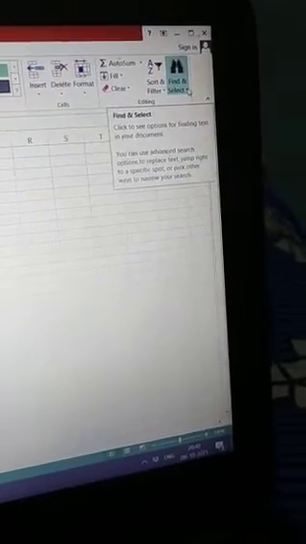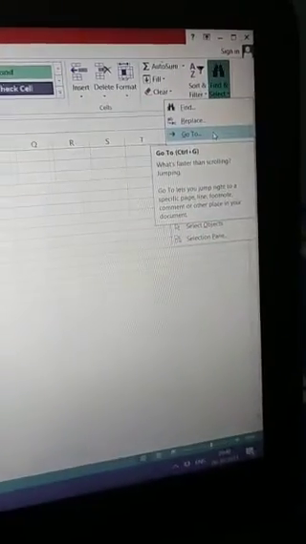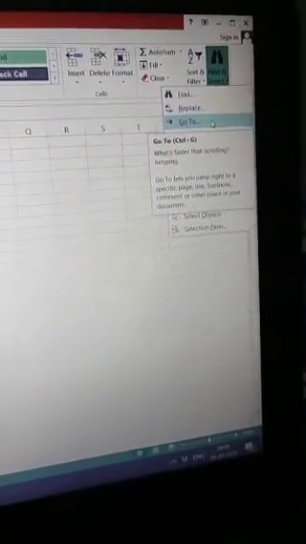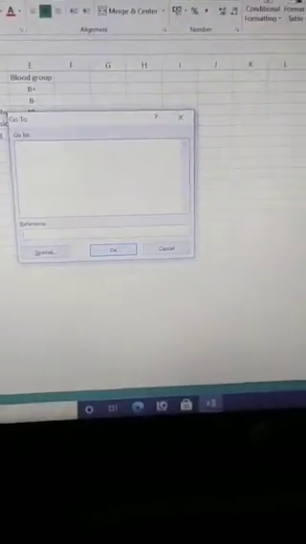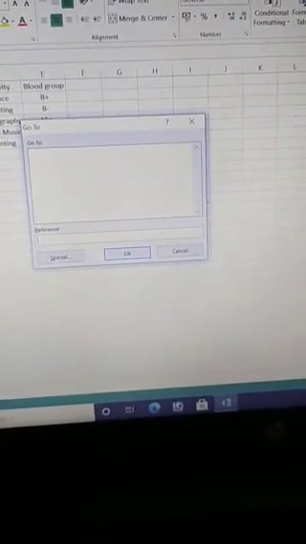In the Home tab, in the Editing group, there is an option, Find and Select. Here is a drop down menu, so I have clicked on that, and you can see here the Go To command. Now when I click on it, a dialog box will appear. It's called the Go To dialog box.